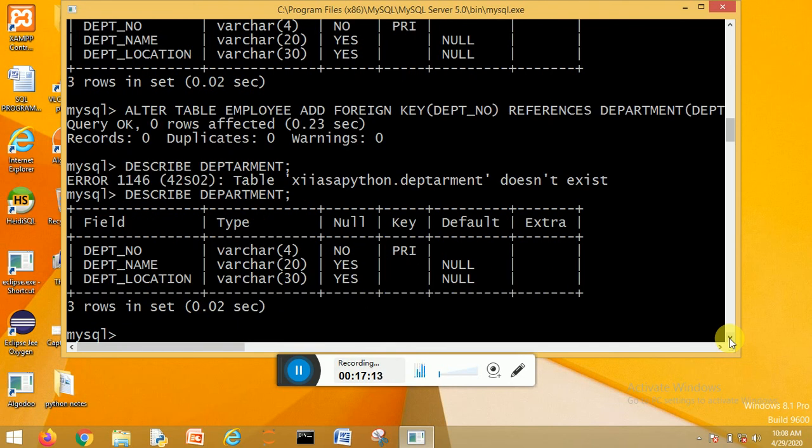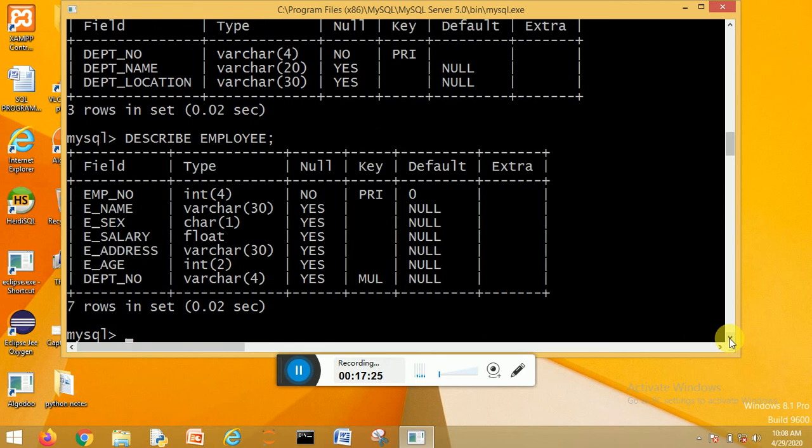You can see over here the department columns. Describe employee. Sorry, I have to describe the employee table. You can see over here that in the employee table, department number is a foreign key.